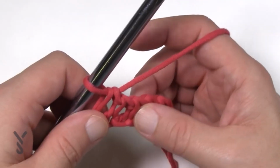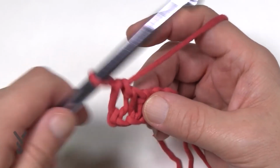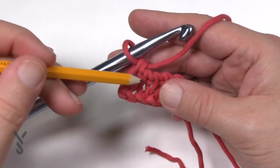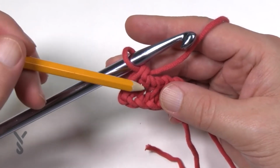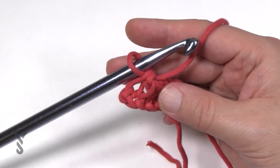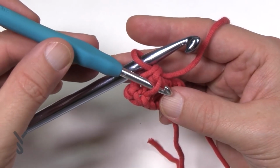So let me show you how to do the knit stitch. You'll see that there are verticals that are going up, vertical strands. Let me just get my pencil here. You'll notice that there are vertical strands right here. What you want to do is play with those. Let me just grab a smaller hook. If you go through the vertical strand, just through it and to the other side,